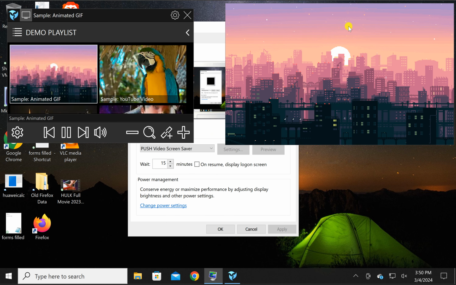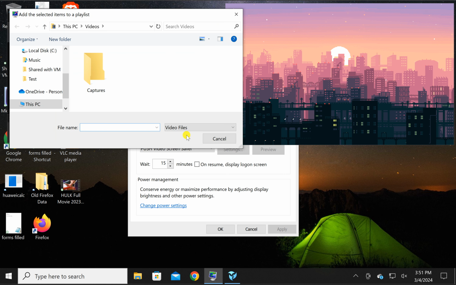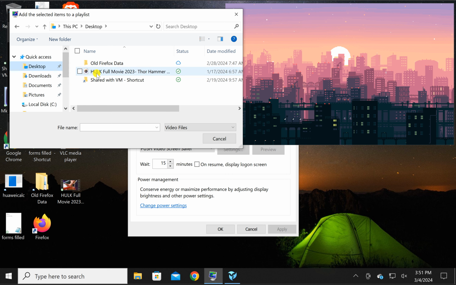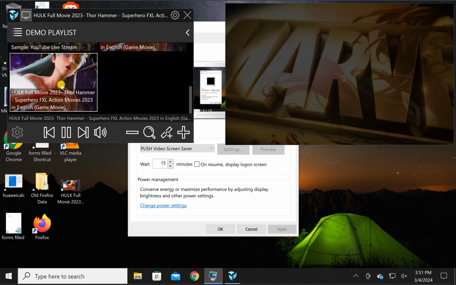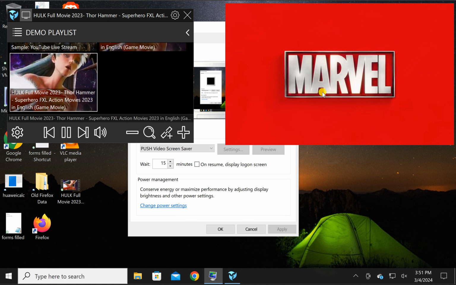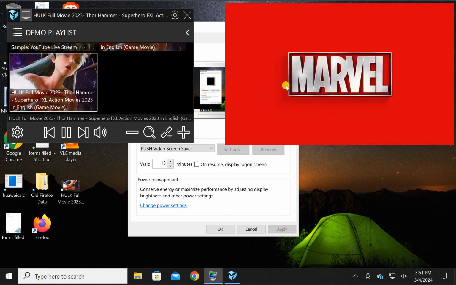This will show a preview of a zip file or a video file. By default, you can click on this icon to upload a video from your PC that you want to set as a desktop background. Just select a video from your PC and click on add to playlist. This will show a video of your choice in this playlist and you can set it as a wallpaper by clicking on that video. It will be immediately applied as a screensaver on your PC.